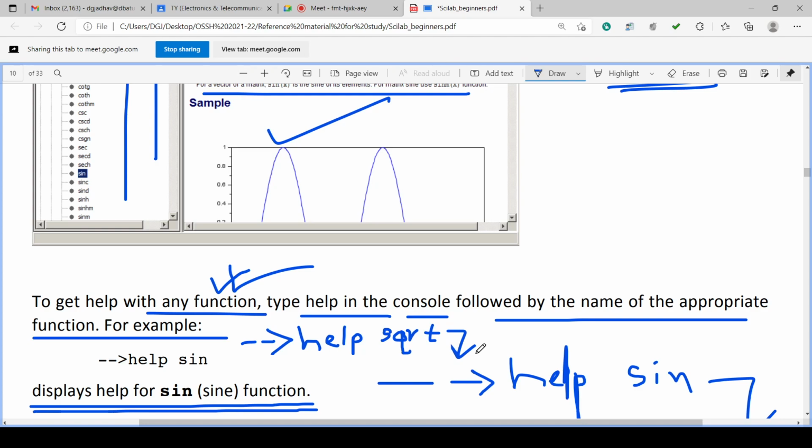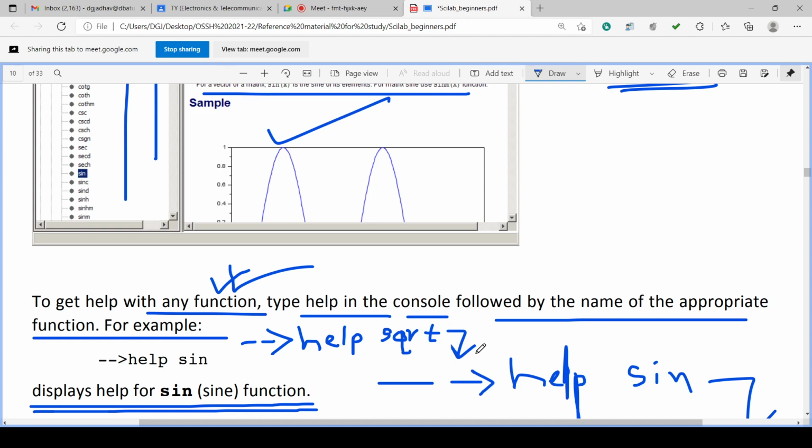Okay, in this way. In front of that arrow in the console, it is called the prompt. In front of the prompt of the console, you can write help, space, the name of the command, and press enter.